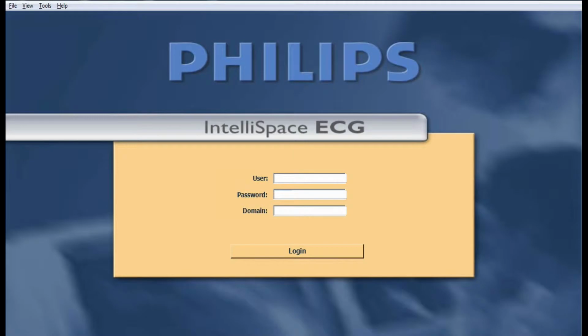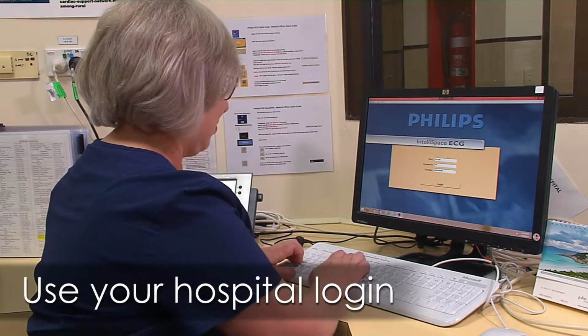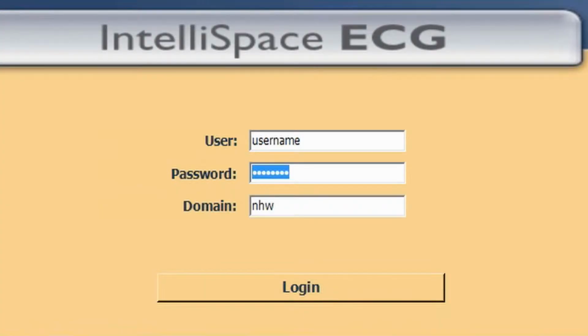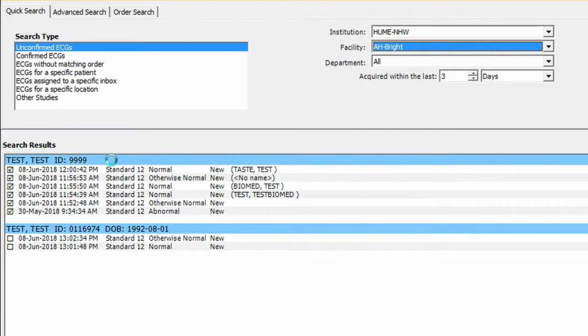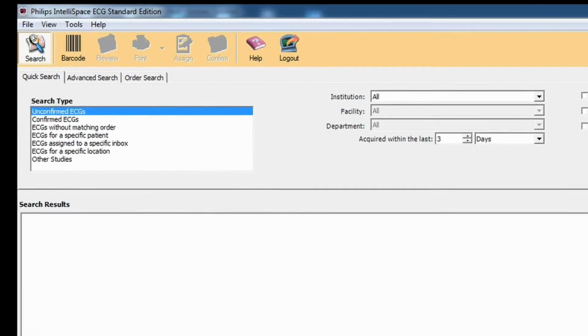Click the icon to launch the application's login screen. Enter your username, password, and domain, which will be the same as your hospital computer login. It's a good idea to familiarise yourself with the login process and application outside of a clinical event. Having successfully logged into the iECG application, you'll be presented with a quick search screen with search types on the